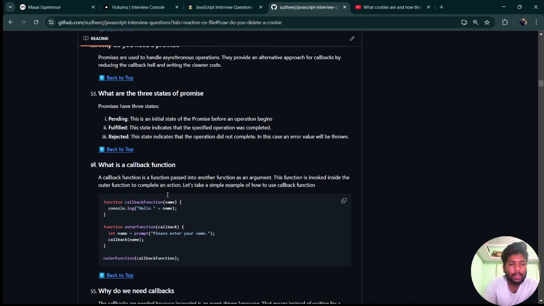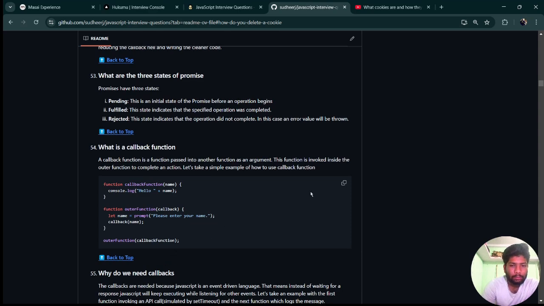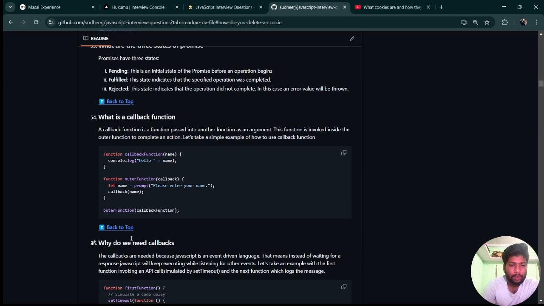Okay, what is a callback? A callback function is a function passed into another function as an argument. This function is invoked inside the outer function to complete an action. Let's take a simple example of how to use a callback function. Okay, callback. There is a name, function name. Okay, after that